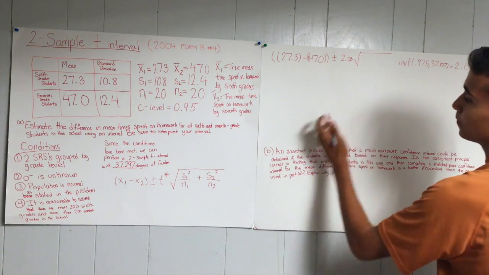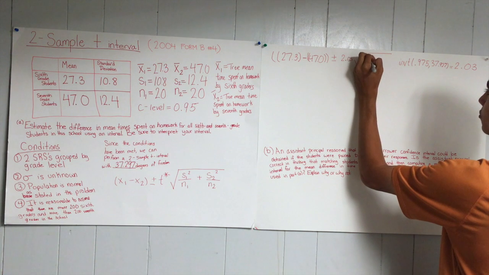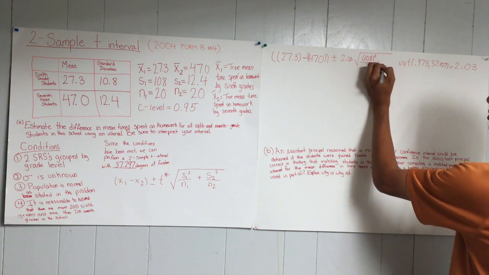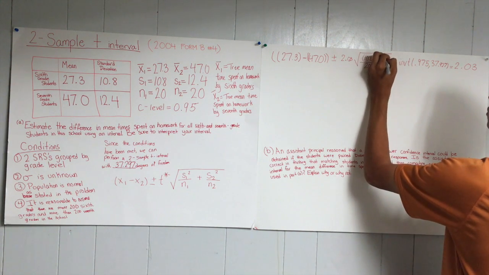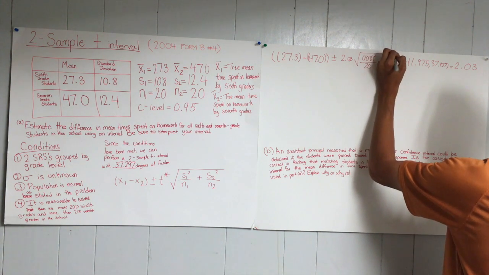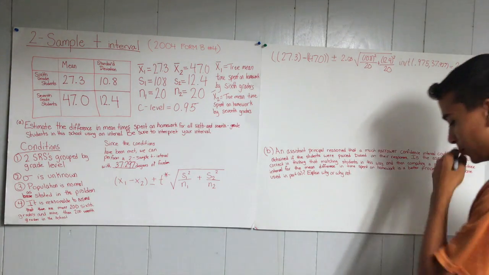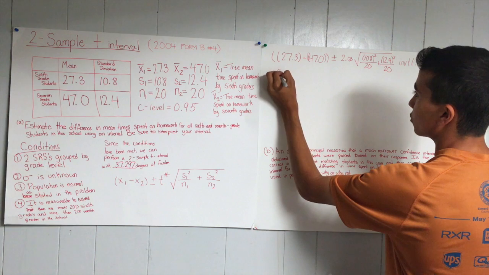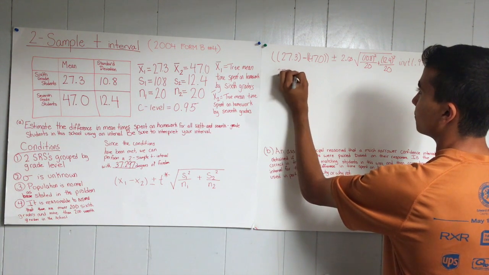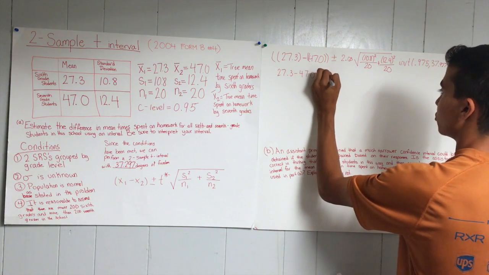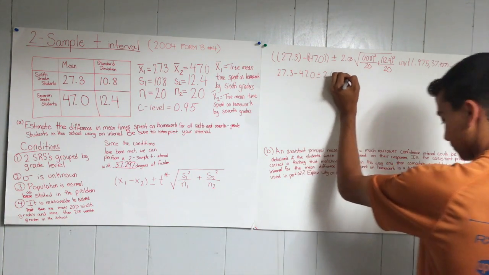So you're going to get 10.8 squared over 20 plus 12.4 squared over 20. So then you're going to have 27.3 minus 47.0 plus or minus 2.03